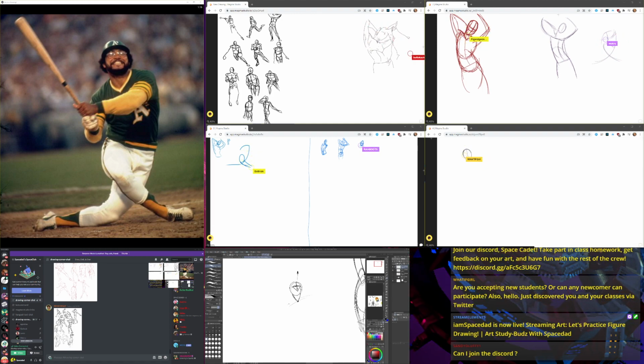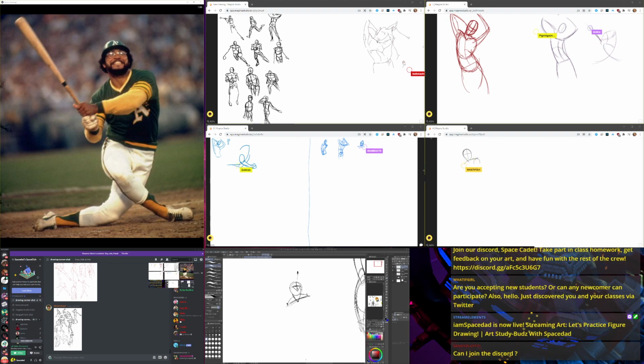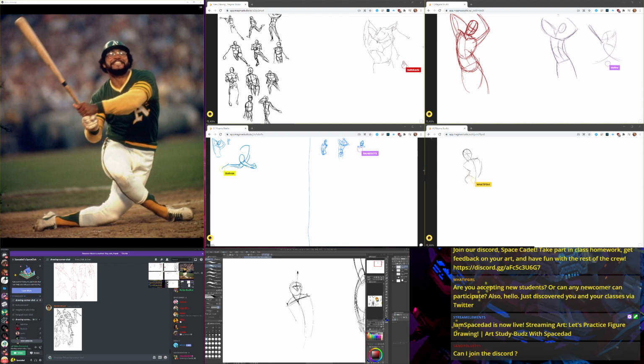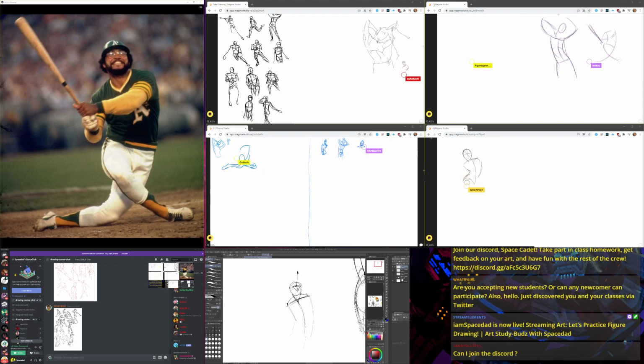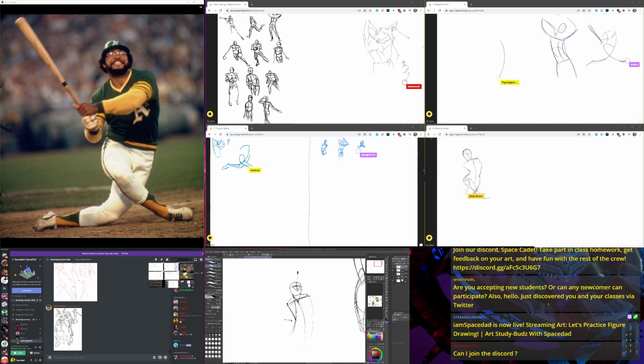His clavicle is doing something like this. Tilt of his shoulders is about that. Top of his shoulders somewhere around here. Take the center line of his torso and the side of his torso. Let's use the side of his neck as a rhythm right here to create that little crease of the bend of his body.